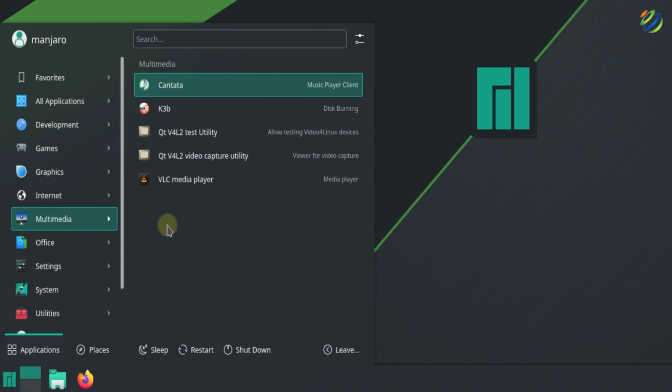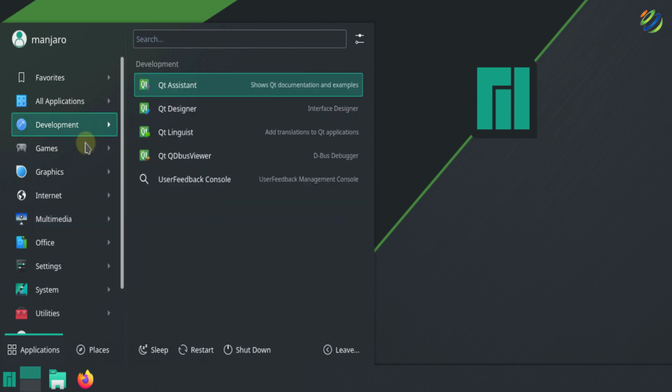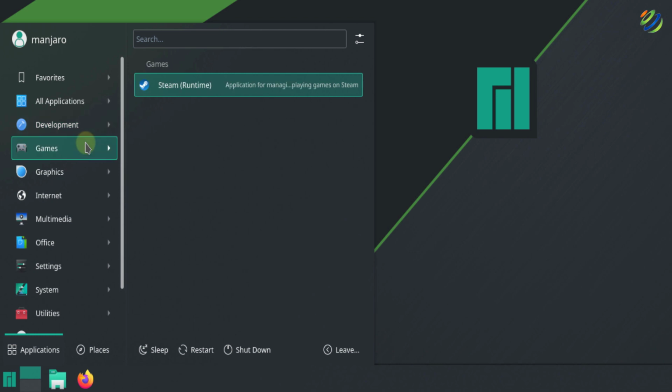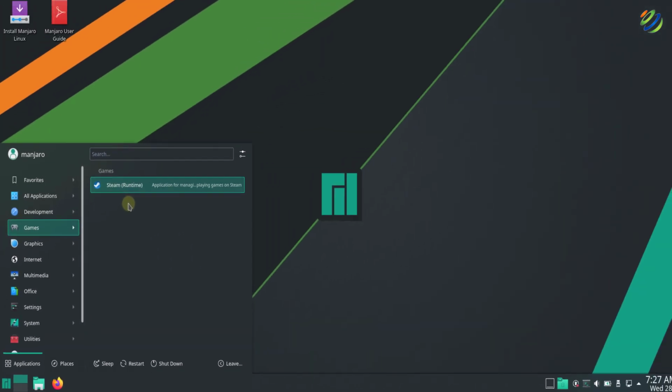On the right side of the window, you have all the applications which are related to multimedia. For example, we have VLC Media Player, Cantata, and K3B. These are all applications related to multimedia, and same goes for other categories as well. If I hover over games, it shows Steam, which is obviously related to games. So in KDE Plasma, they have categorized and classified the application menu.